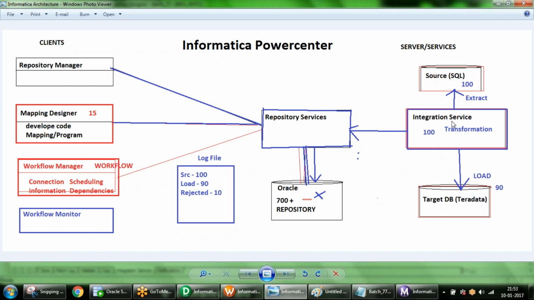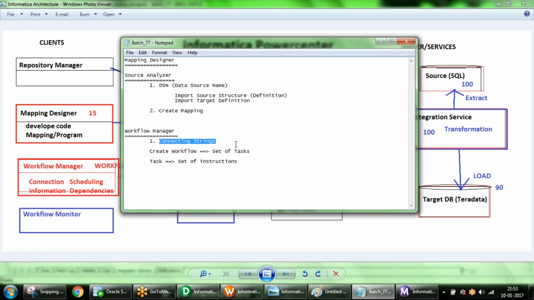Based on those information, your integration service will communicate with your source database and it will get the data and it will load data into your target database. All happening based on your connecting string information only. DSN is just to import definitions of your source tables. Clear?